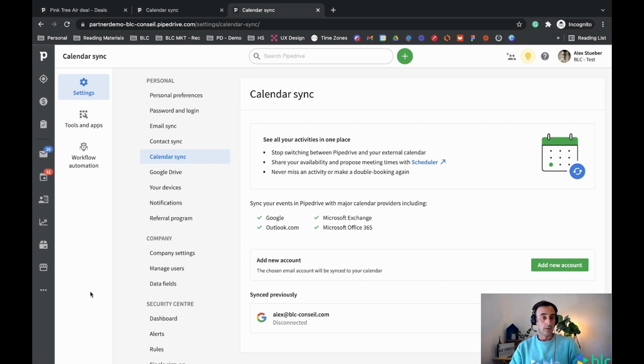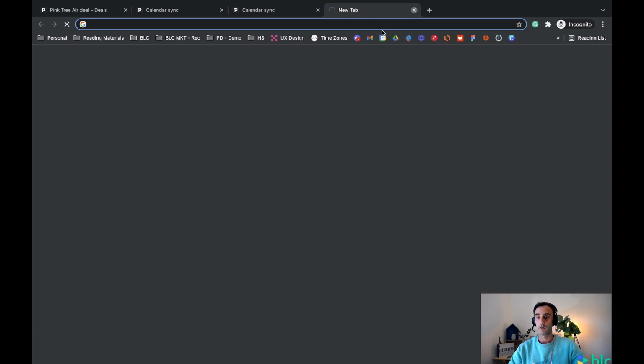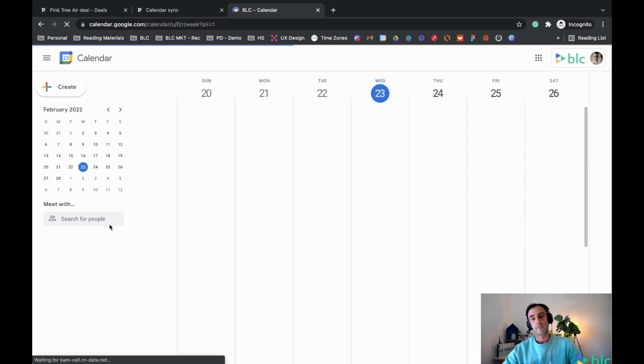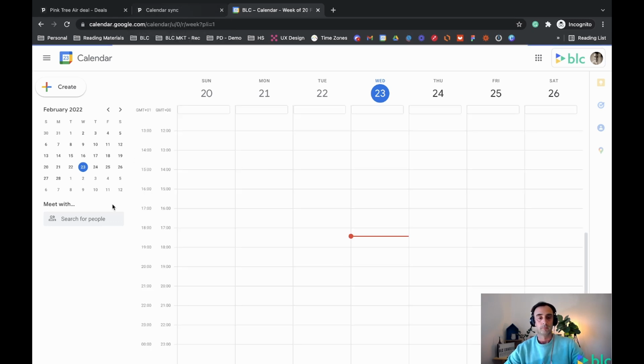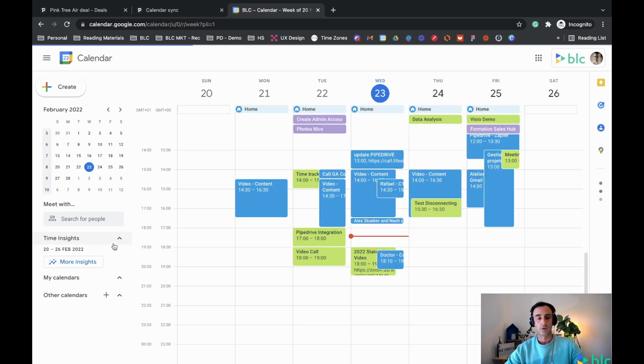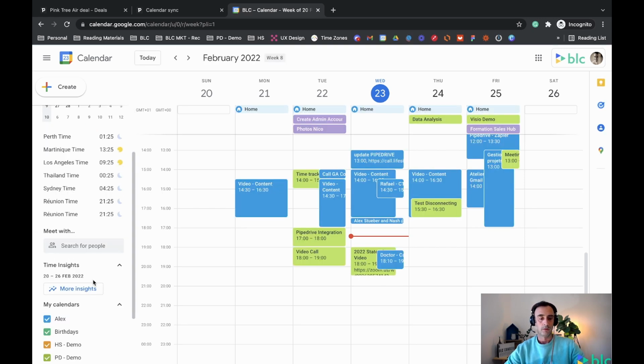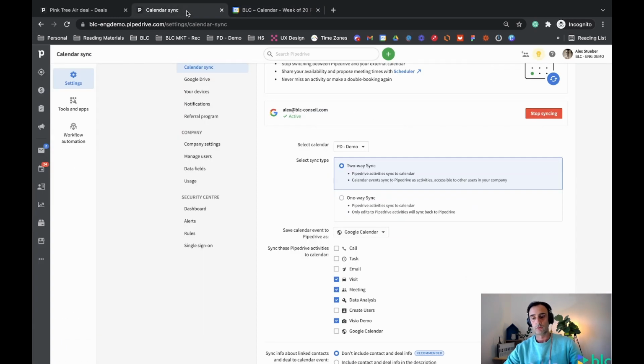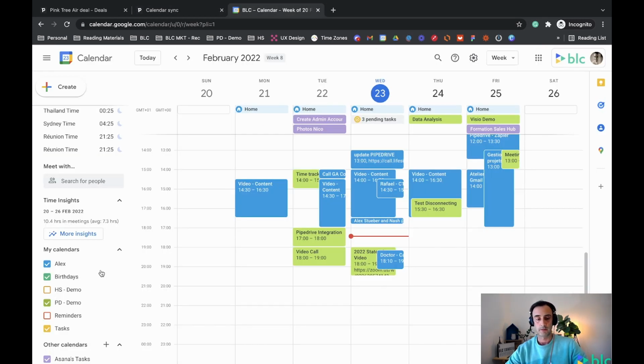Let me just see if I have, if I go and I'll open my calendar. Then what we do, we can go over in here, and then I wanted to see only my Pipedrive demo calendar. Looking only at those, if I go into my activities page, okay, and then go back in my calendar,